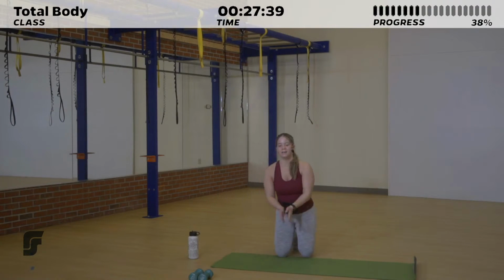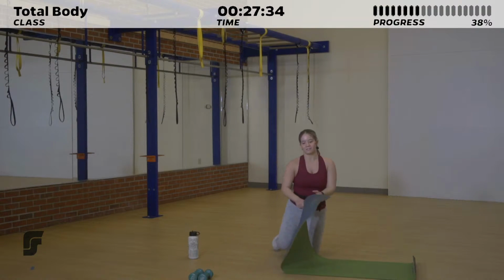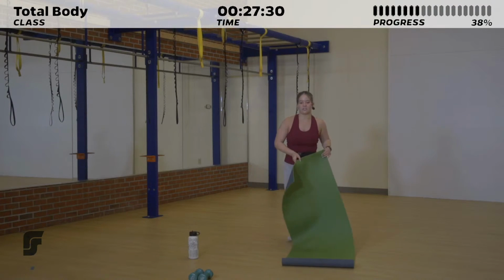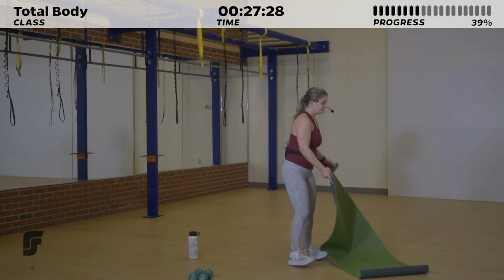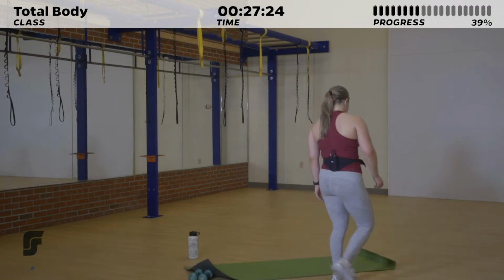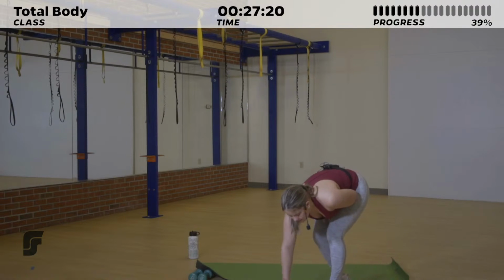Great job. Okay, you made it through your first strength circuit and a cardio circuit so far. You're doing great. Next up, you can actually keep that mat because we've got some core work headed your way. So I will demo the exercise